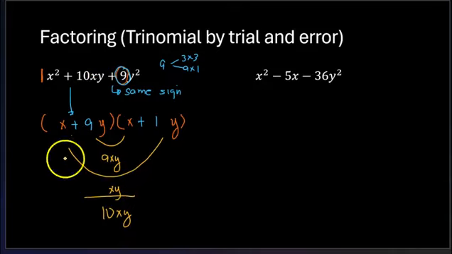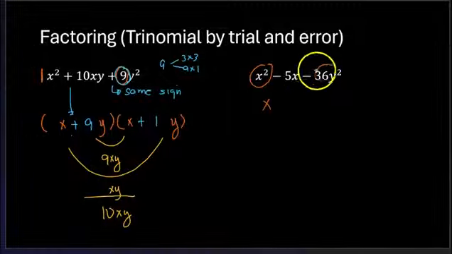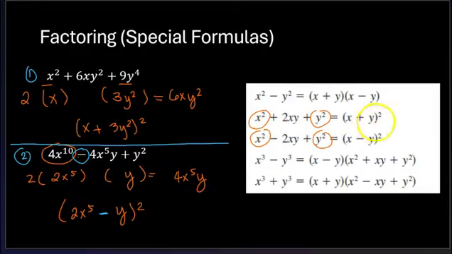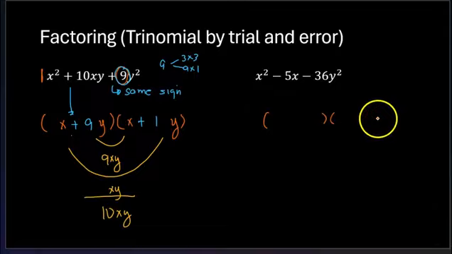So some of you have a different way of trying to do this trinomial trial and error. So it's up to you. Okay, now for the other one here, same thing, no? You might be tempted to take, oh, it's a perfect square. It's a perfect square, but I have to stop you. Look at this one. This is subtraction. So if you look at the square of a binomial, the last term should always be positive. So I know that this will not work, even though we have both perfect squares. So we will be doing again trial and error.